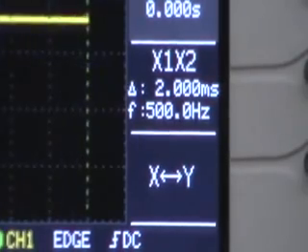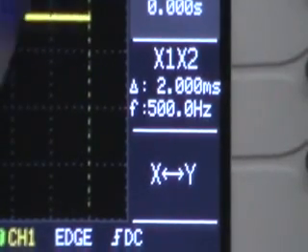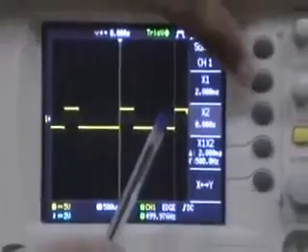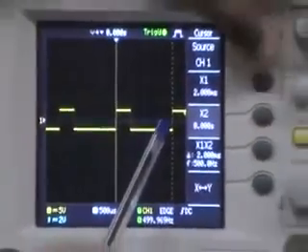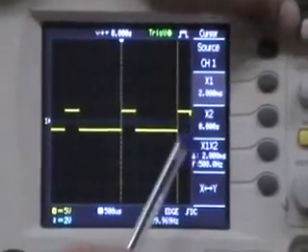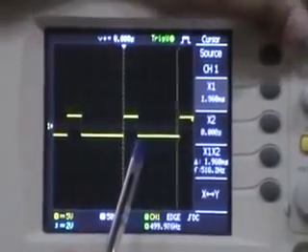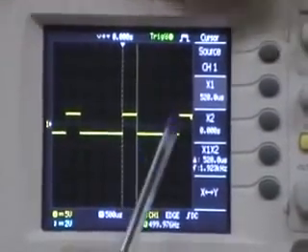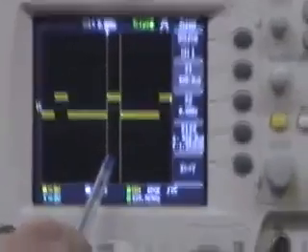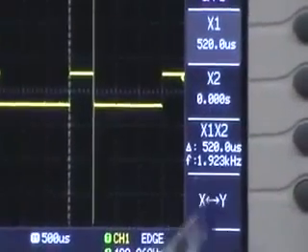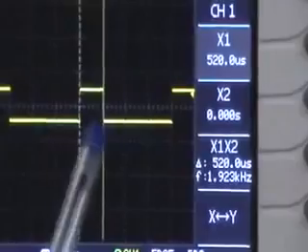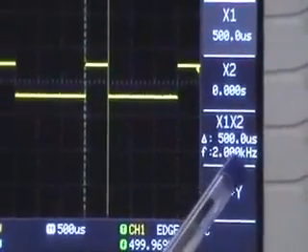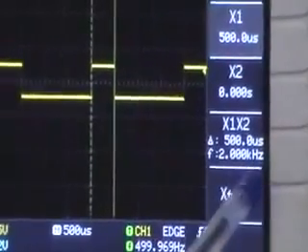Now if you want to calculate the positive peak time, again we can select this X1, and we can shift this line to here. Again, the difference between these two vertical lines will display the time of this positive cycle, which is roughly around 0.5 millisecond.